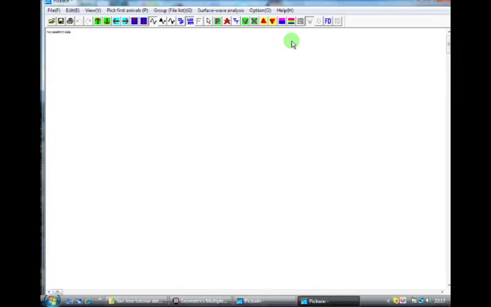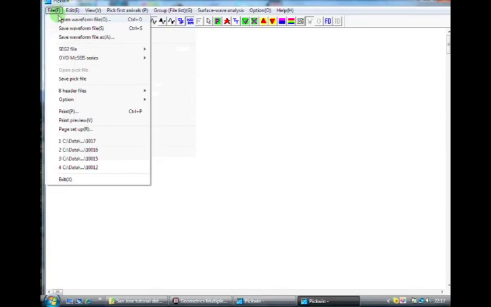Processing seismic refraction data. First thing we need to do when we're processing seismic refraction data that we acquired in the field is pick our first breaks. And here we're shown how to do this using the program called PickWin, which is supplied by Geometrics. First thing we need to do is open a waveform file,